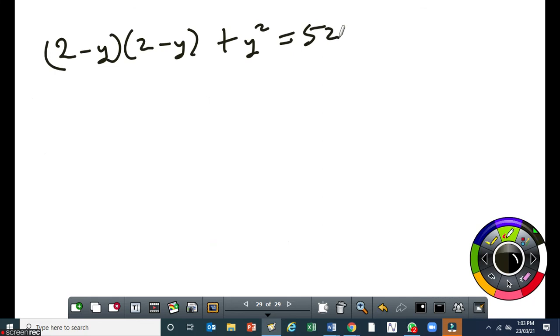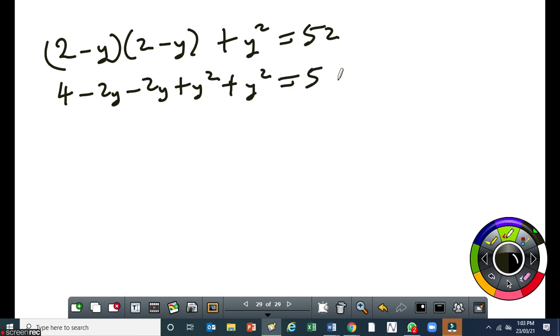And this will give me 4 minus 2y minus 2y plus y squared plus y squared equal to 52. And if I simplify this, I'll get 2y squared minus 4y plus